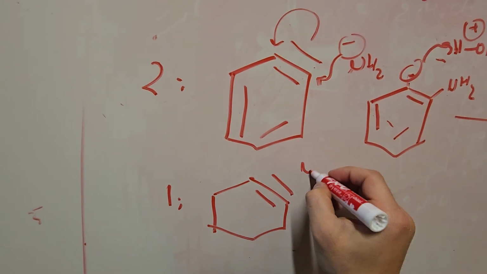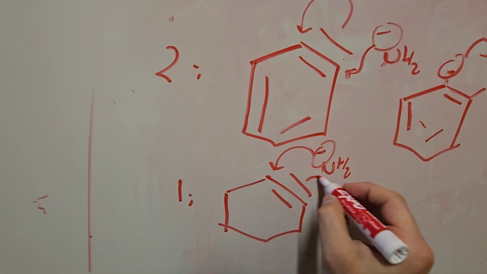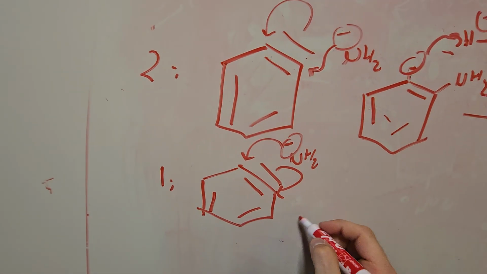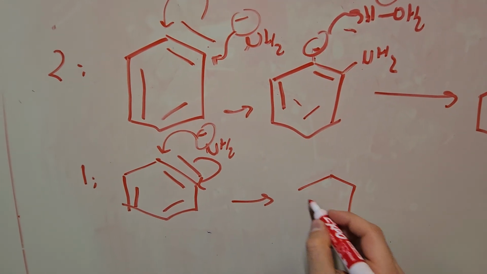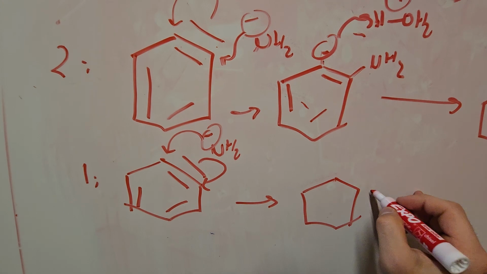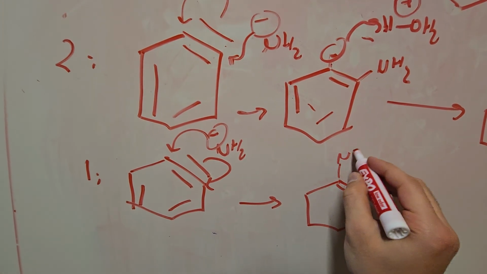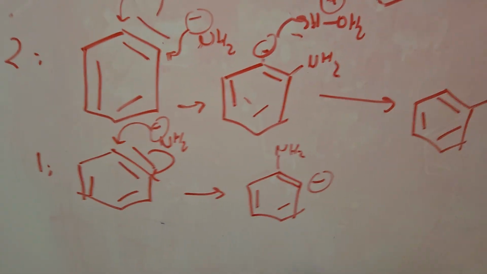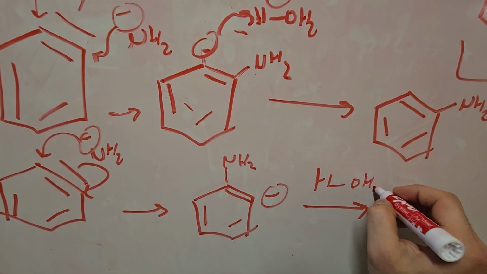We have our benzyne. NH2- could choose to attack position 1, and the pi bond breaks, and the electrons go to position 2, or to carbon 2 in this case. We have a negative charge here, a pi bond, NH2, and the rest of the ring. Finally, our protonation step,